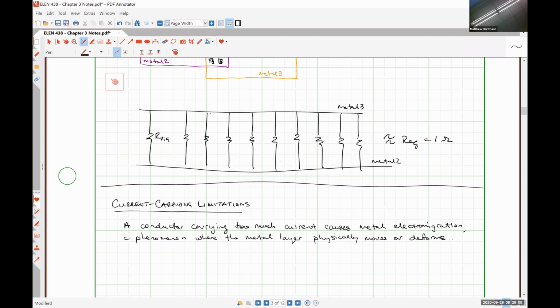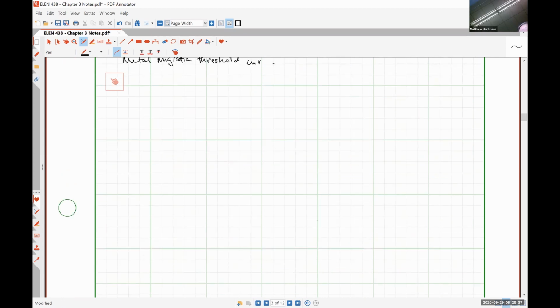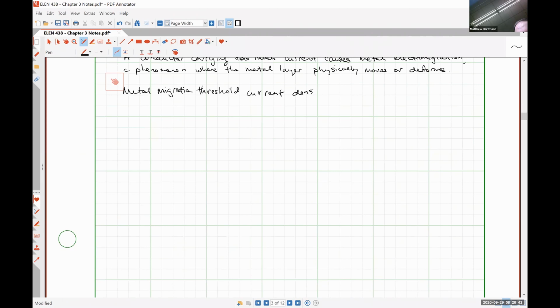So to avoid that, we have to keep in mind what's called the metal migration threshold current density, which for aluminum, the metal used in most CMOS processes for creating wires, is roughly 1 milliamp per micron. So let's say that we have a metal wire